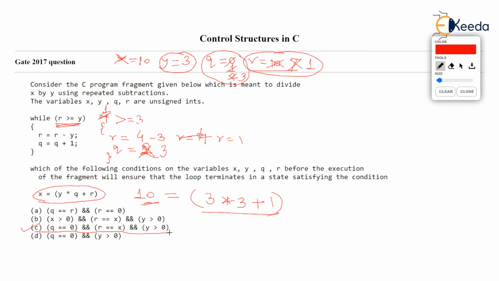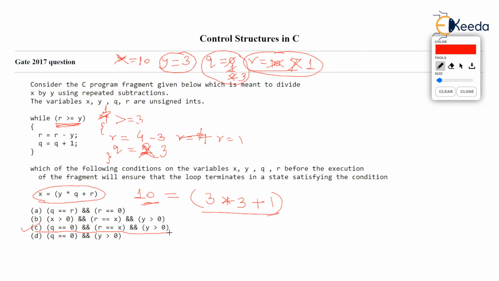In fact, now I can interpret that q is the quotient. We were dividing x by y, x being 10 and y being 3. 10 upon 3 is 3, yes, 3 3s are 9 and the remainder is 1. So q is the quotient and r is 1. But leave aside all this intelligence. We are not here for learning maths. We are here for learning programming. I always tell students, whenever any programming question is asked, simply don't bother about what r, q and these variables are doing. Substitute the values and you can get the answer instantly.